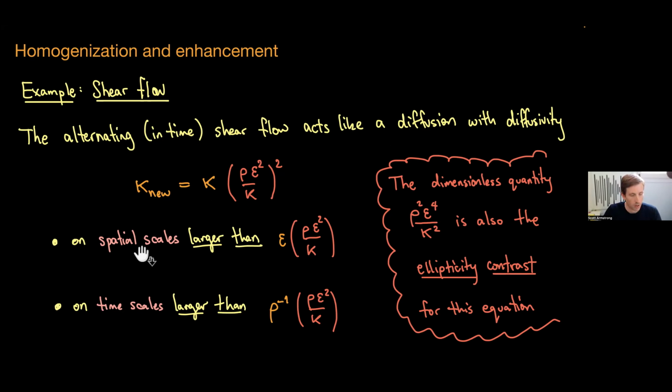Now, think about how far you have to zoom out before you start to see the random walk look like a Brownian motion. If you haven't zoomed out until the particle has time to move once into the opposing direction, then you won't see any effect at all. But if you zoom out on length scales and time scales much larger than that, then you will see a random walk, which will start to look like a diffusion. And that's the length scale on which homogenization should happen. And if you think about it, then you get these length scales for the spatial scale and the time scale.